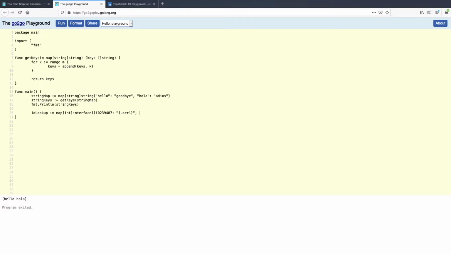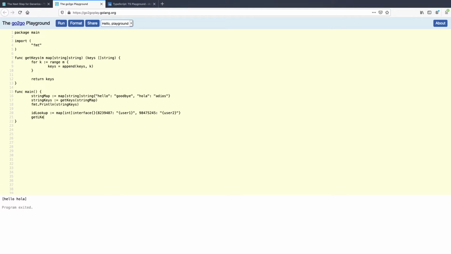And then, oops, let me replace the 0 at the start of that. I can't use get keys for this map because it doesn't map to this type. It's exactly the same problem we saw in TypeScript.